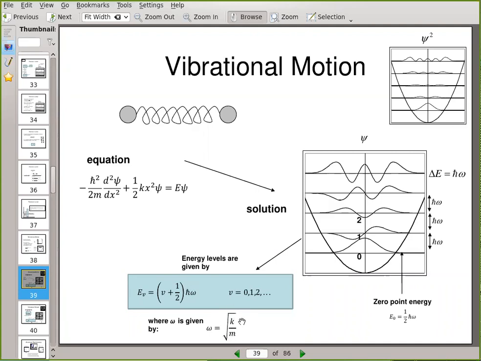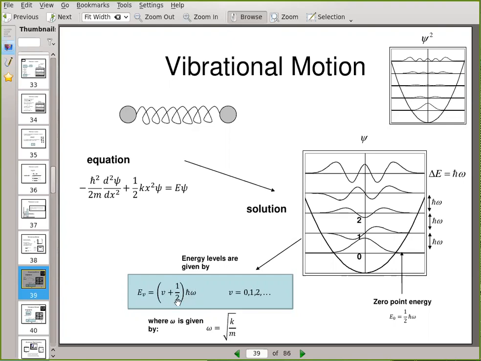So just remember that the force constant and the mass of a particle are important in this constant you've got here. And your energy levels are nu plus a half, but these nus are whole numbers. So it's 0 plus a half is your first energy level, 1 plus a half of that, 2 plus a half, and so on. And you can see that if you have E0,